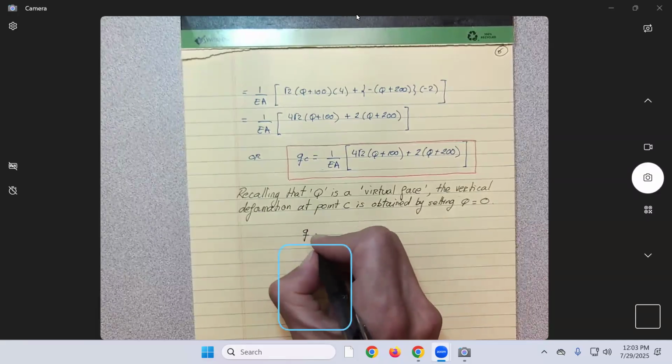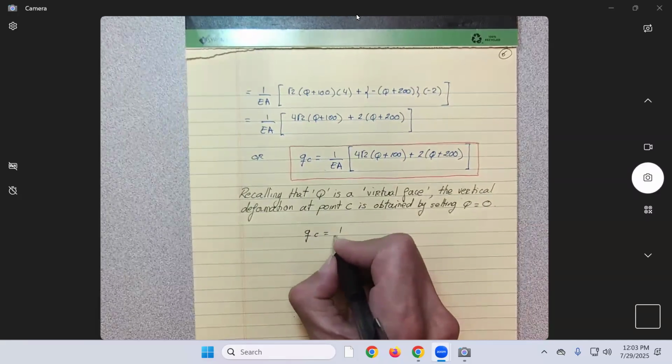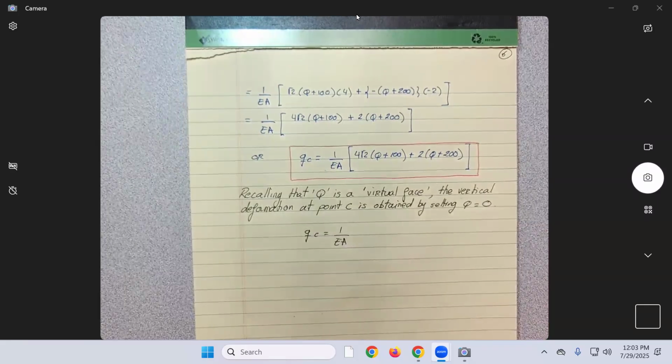Okay, so what would that mean? We'll get Q sub C will be equal to 1 over EA